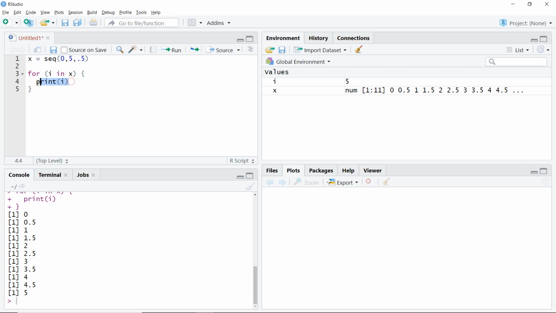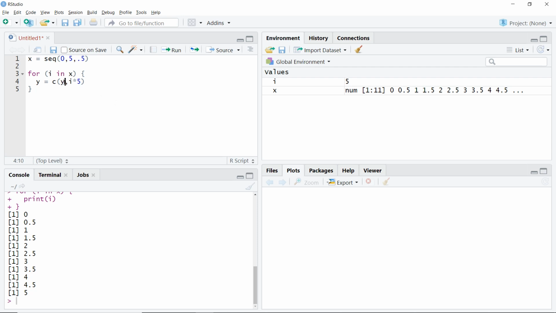Otherwise, I can write it in some other way. Let's say I am making another vector y such that the ith value of y is a vector of my old y, comma, the new value added to it as i into 5.